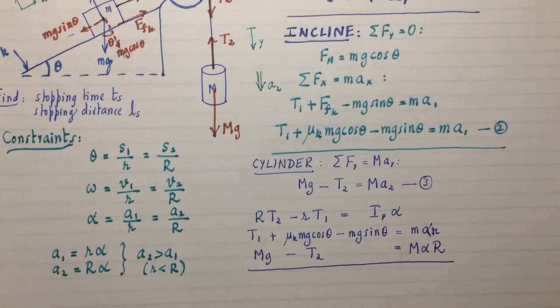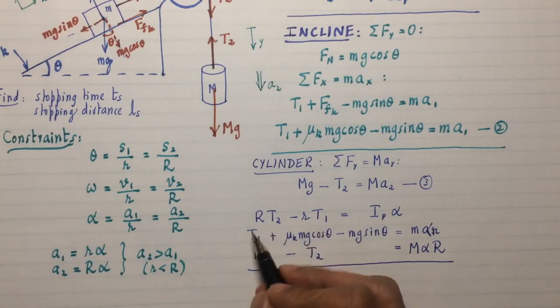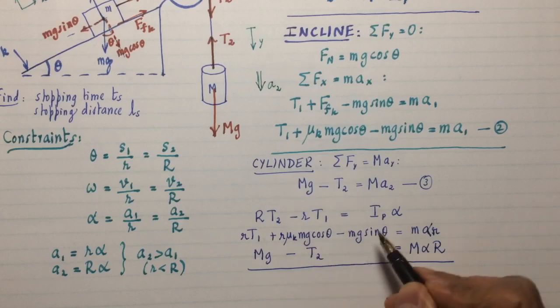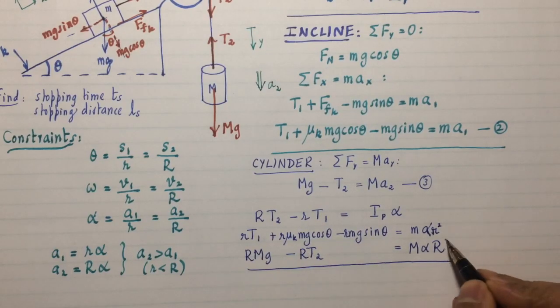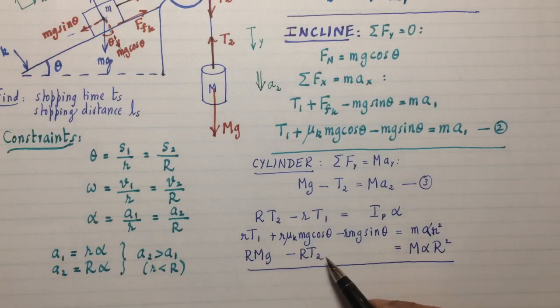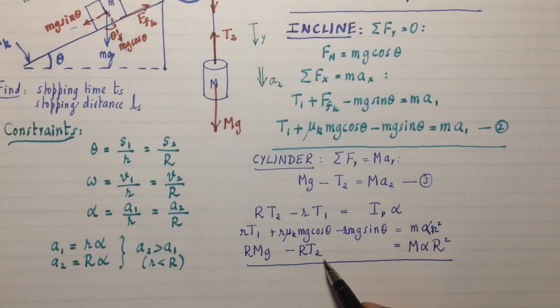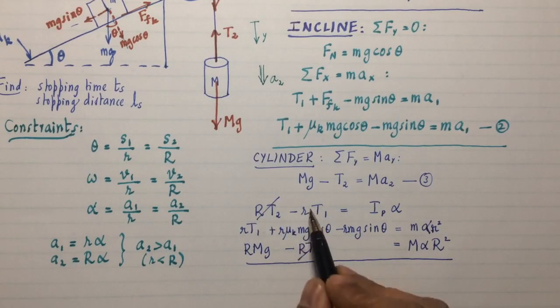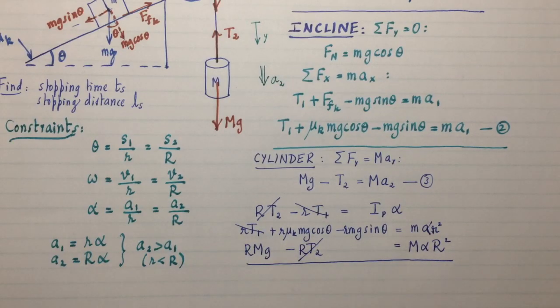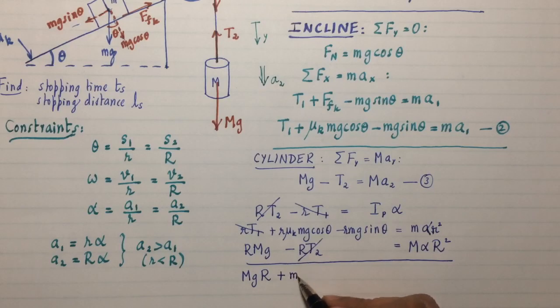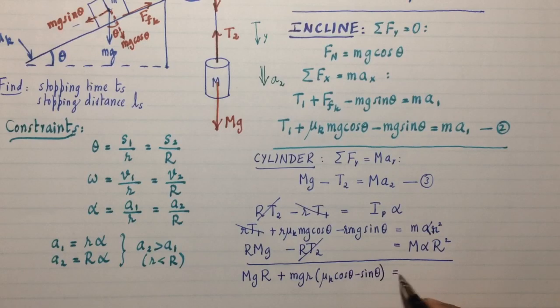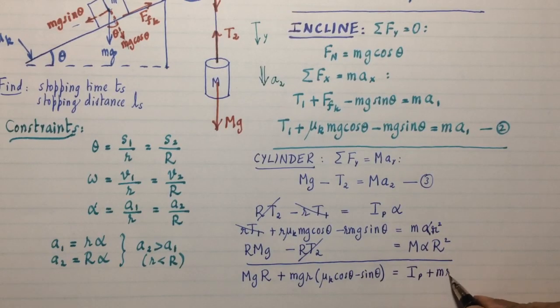We'll have to solve that for alpha. But you notice all these tensions. However, if you multiply this equation by little r, and this equation by capital R, and then add the equations, you'll see something interesting happening. That's R T2 and that's minus R T2. Well, they're going to cancel out. That's r T1 and that's minus r T1. That'll cancel out. So I just get this equation here, which is Mg R, I'll put Mg's first, plus mg little r mu k cosine theta minus sine theta is equal to I sub p plus mr squared plus